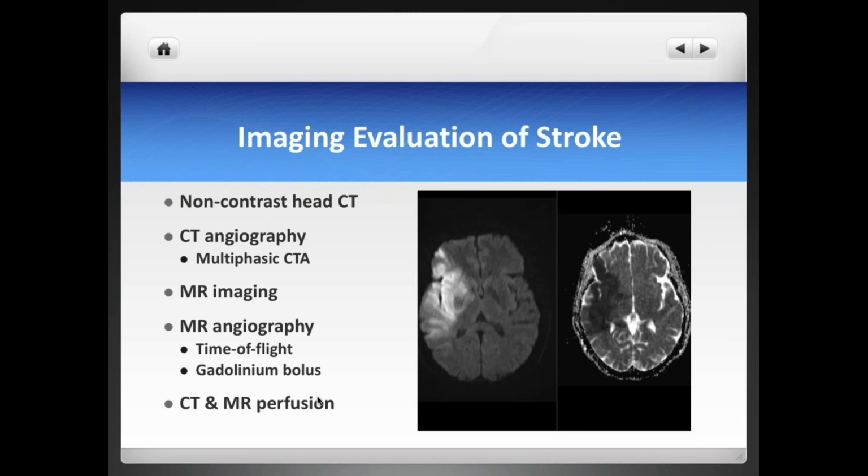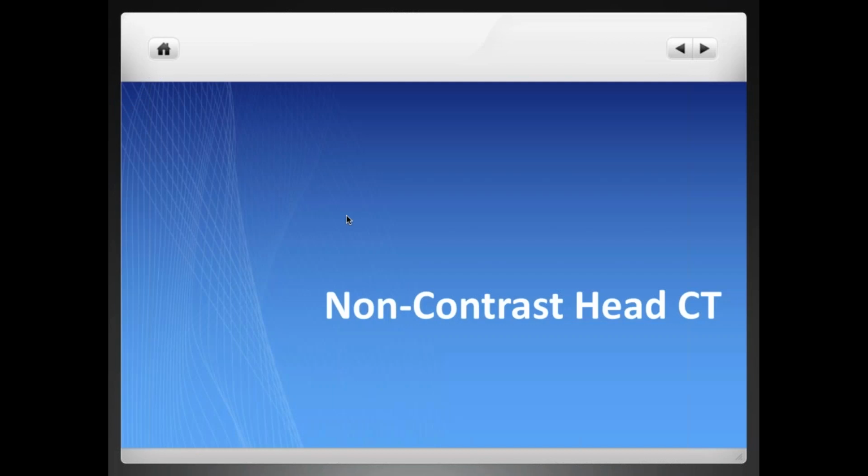So now let's switch gears. I wanted to give those slides as an introduction and make everyone understand why we focus on stroke nowadays, and that we're really living in an exciting time for stroke. I think there hasn't probably been any other time as exciting as this one in the stroke field. Let's talk now about imaging evaluation of stroke and how we triage patients with stroke. I'm going to start with the simpler things, like the non-contrast head CT, and go through all the imaging modalities that we use nowadays for stroke.